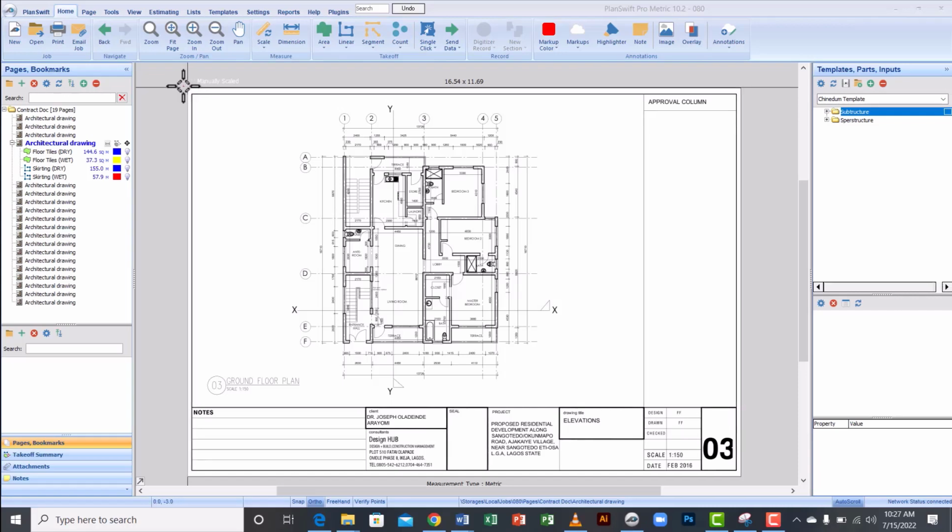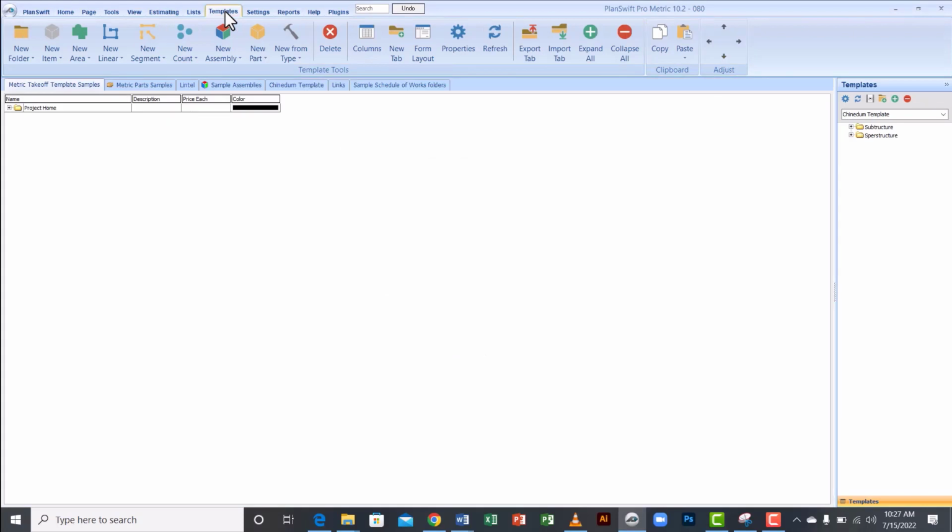You can always work with it at any time. If you look at my menu bar, you can see that I have different options, and among these options is my template tab. If I hit on this template tab, you can see I have different options for my tools also, and these tools are what I've explained in our previous videos. So I would recommend that you go through our previous videos and know how to use each of these tools,